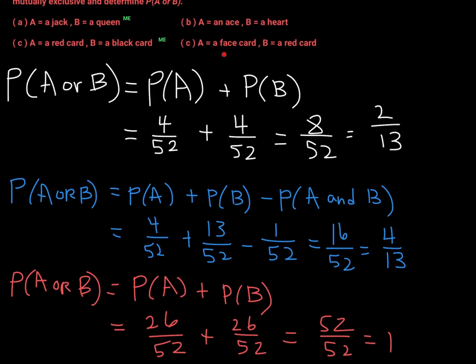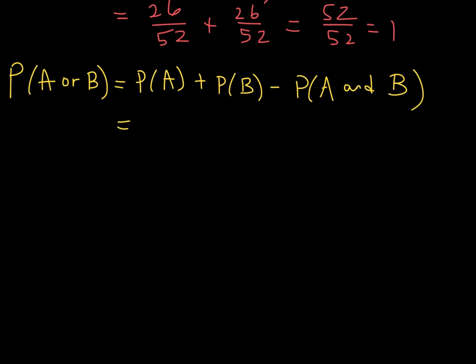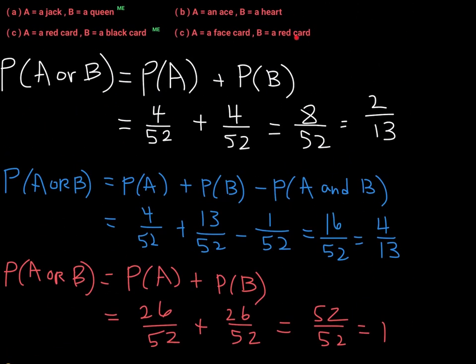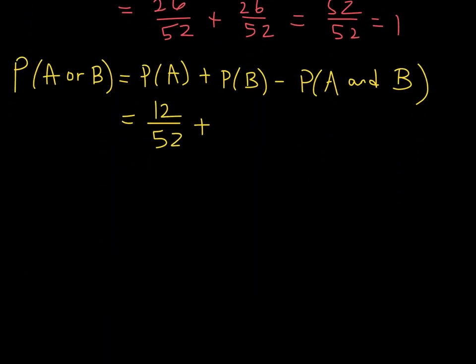All right, a face card. How many face cards do we have? A jack, a queen, a king in each suit. So we have 4 different jacks, 4 different queens, 4 different kings, right? So we have 12 face cards altogether. So then this is 12 over 52 plus, what's event B? A red card. Half of the deck is red. The other half is black, right? So then this is 26 over 52